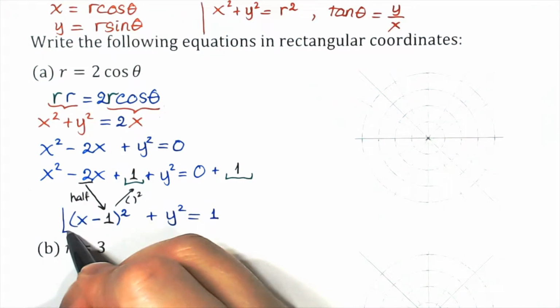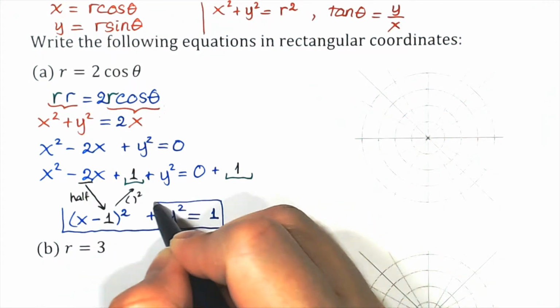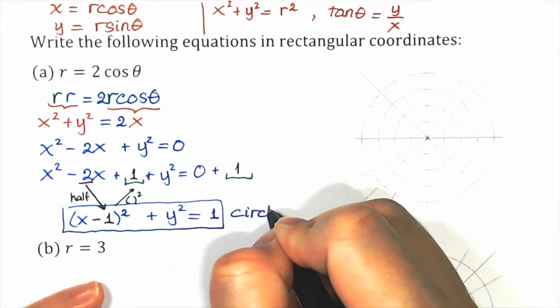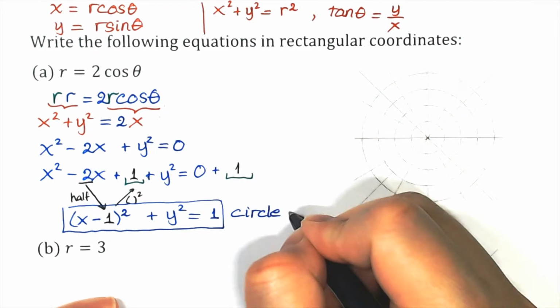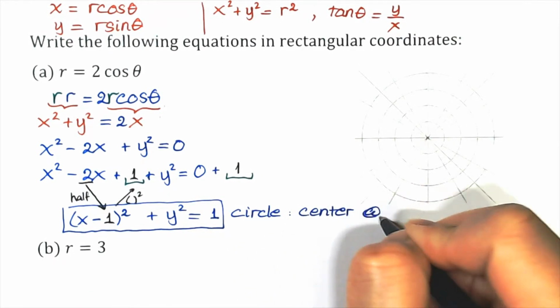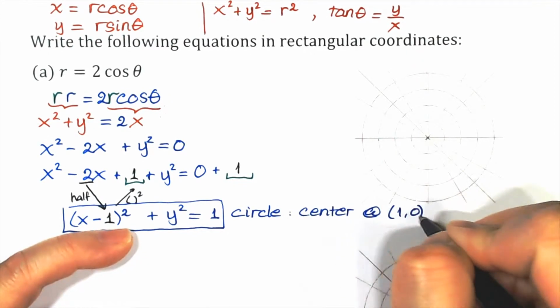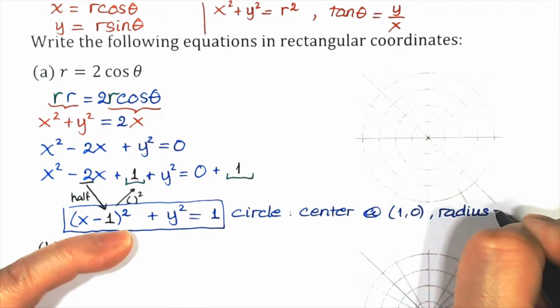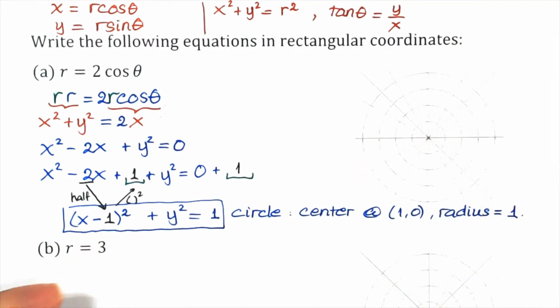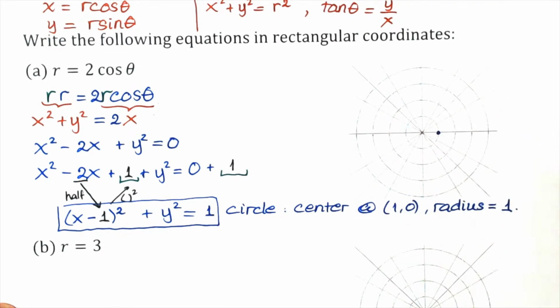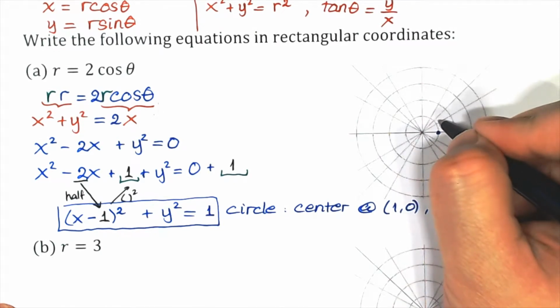Right, so we have this equation, which is a circle center at 1 and 0, and the radius is equal to 1. So the center 1 and 0, and the radius is 1, so it is going to be